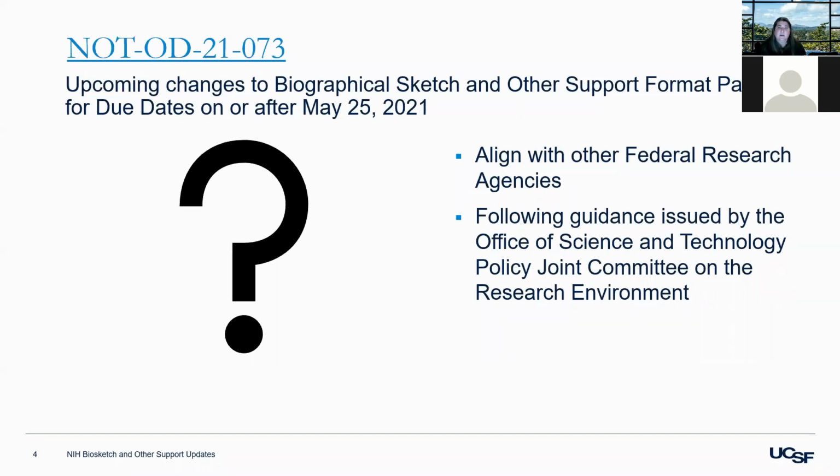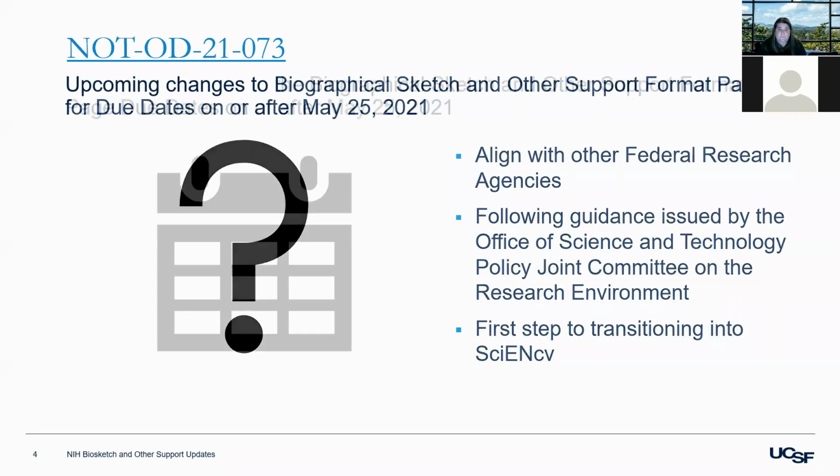Hopefully this means that Other Support and Biosketch for NIH, NSF, DOD, all of those federal agencies will be more aligned and we won't have to have so many different versions. I think the goal is to really make things more similar between the different federal agencies. And this is NIH's first step in having that alignment. Additionally, this also is their first step to transitioning into using Science CV. We'll talk a little bit more about Science CV in future slides, and note that it's also currently used by